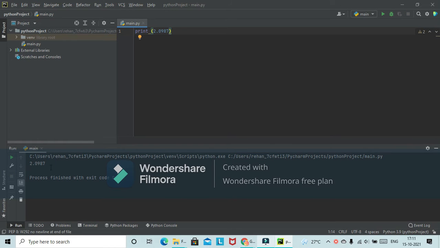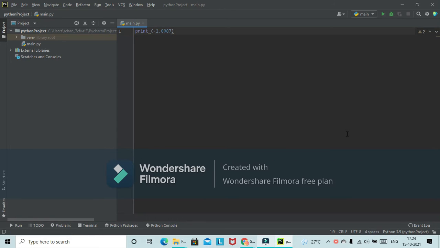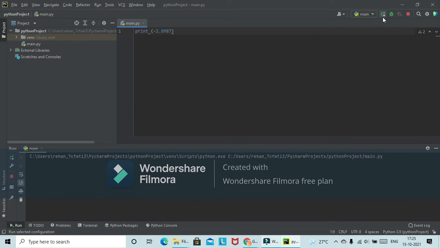I could also make 2.0987 a negative number by just putting a negative symbol in front of the number. Now if I run this program, Python is easily able to print this out, and as you can see, the number has come with the minus symbol.